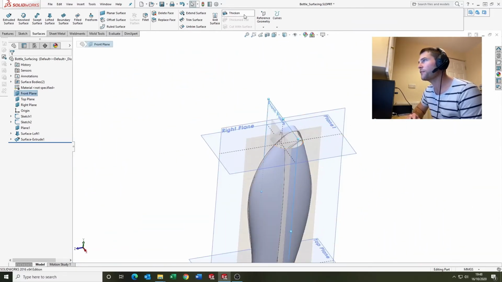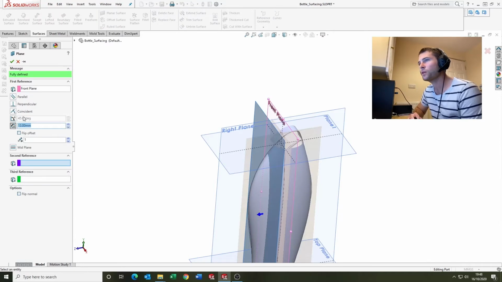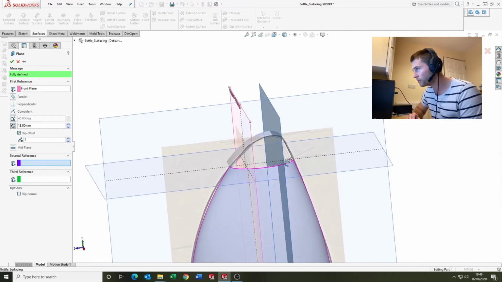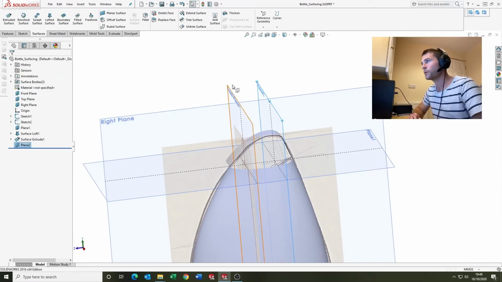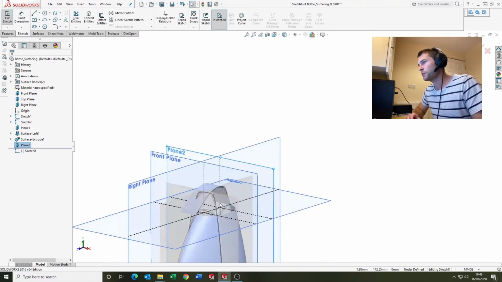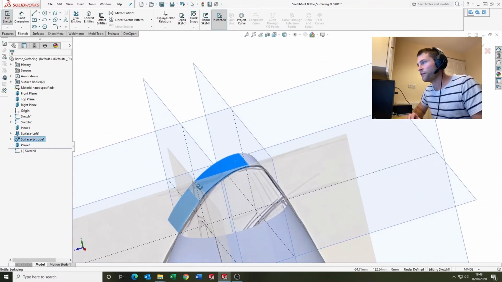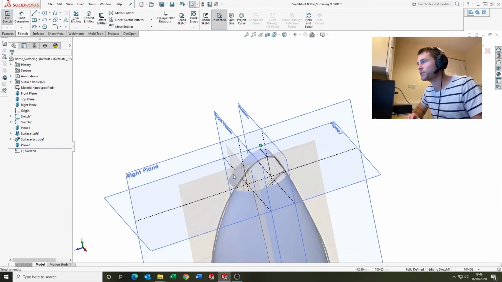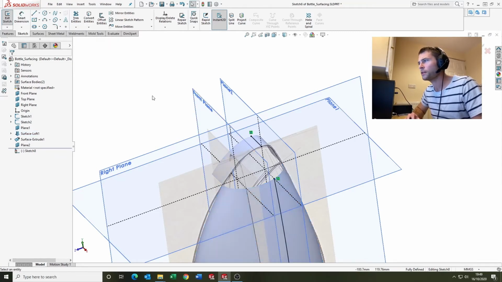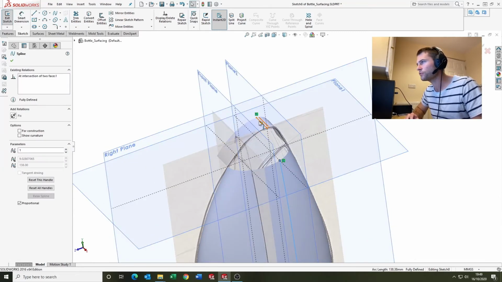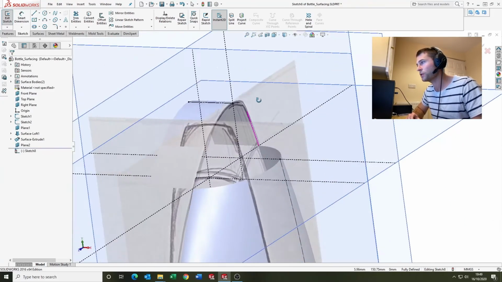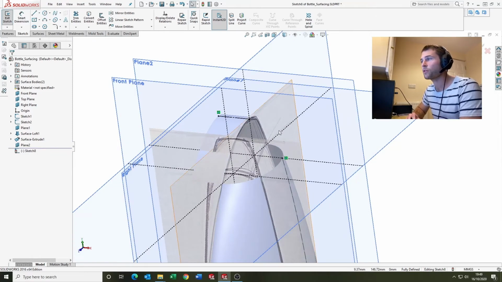And then what we're going to do, we're going to select the front plane, go reference geometry, and we're going to offset this plane by 13mm because we're going to want to sketch on that. So if we go sketch and then select the face there and come up to intersection curve, and we've talked about this before, highly rate the intersection curve tool. It's really good, helps you with your modeling, and in this instance we're using it for construction geometry to help create our